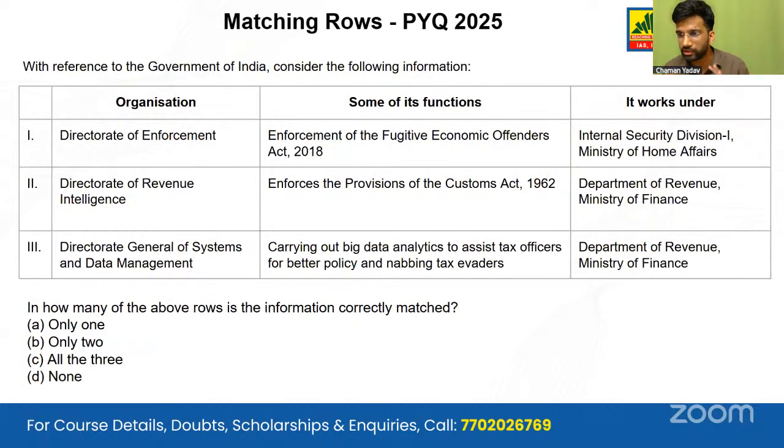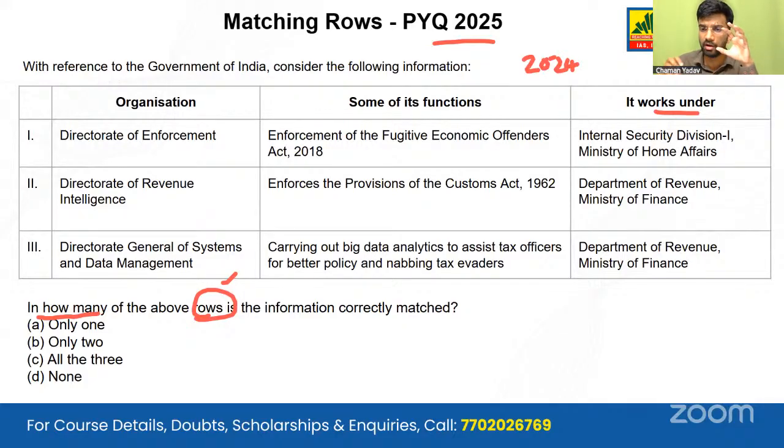Now, coming to the most draconian questions, I think, the UPSC has been asking. You have to match not even the pairs, you have to match the rows and have to tell how many of the rows are correct. So the element of how many and the third element of row. This year they have asked, last year 2024 they have asked a similar question. It was a bit relatively easy, I would say, as compared to this, because they asked the armed forces ranks, but a lot of students of civil service preparation, a lot of candidates, a lot of aspirants are unaware of the ranks in the Indian Armed Forces.